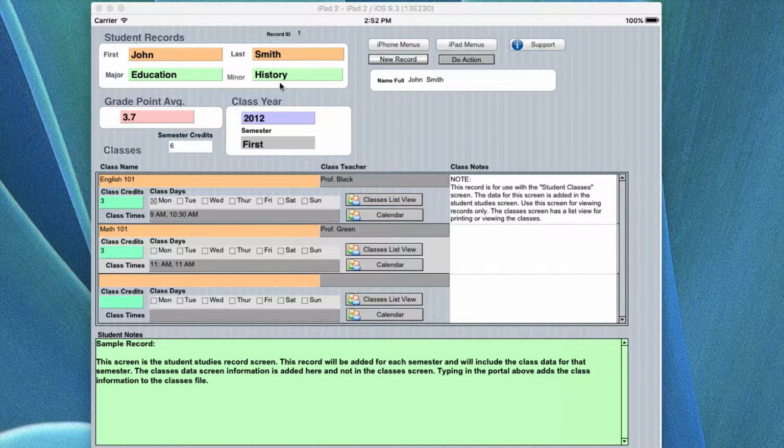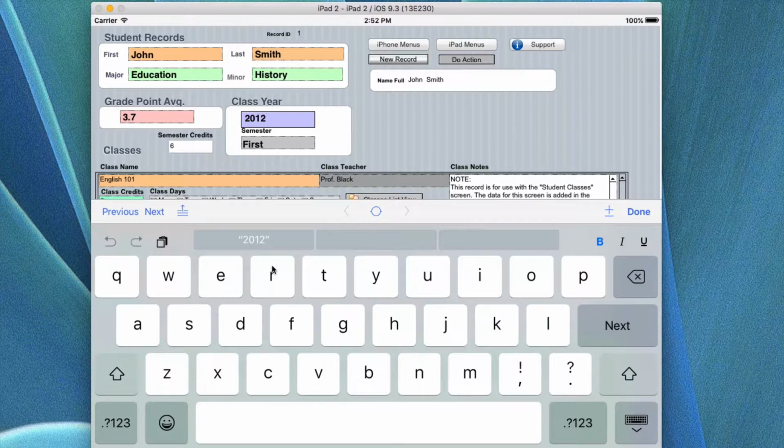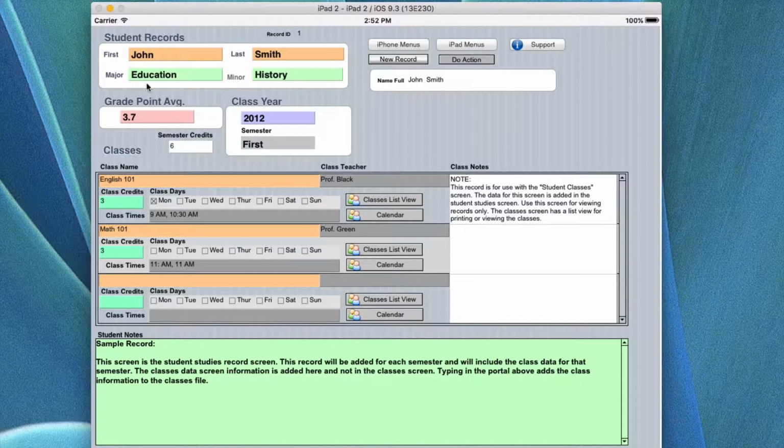Or if you're in, say for example, a history thing and you're in the first semester and you put the year, and I'm using bogus numbers so they're easy to identify when you get the application. We're going to be leaving this information in here, and we want you to overwrite it by clicking in the field and then using the keyboard to edit out what the information is there and then add your own. So you could add your own name, your major and minor, your grade point average, your year of